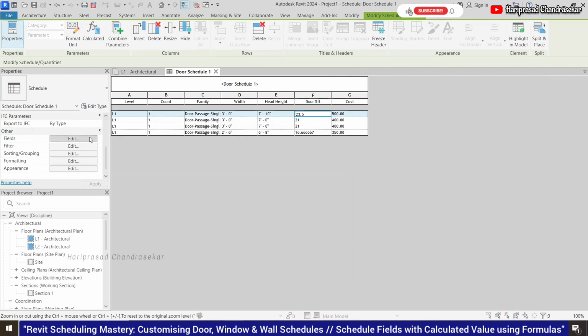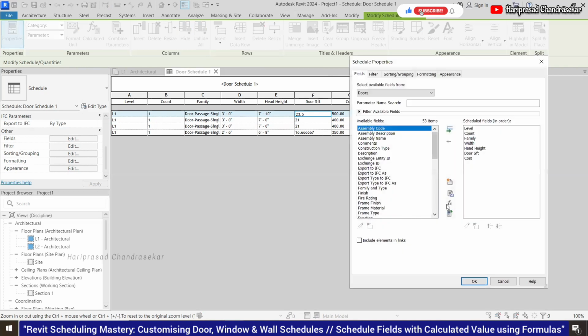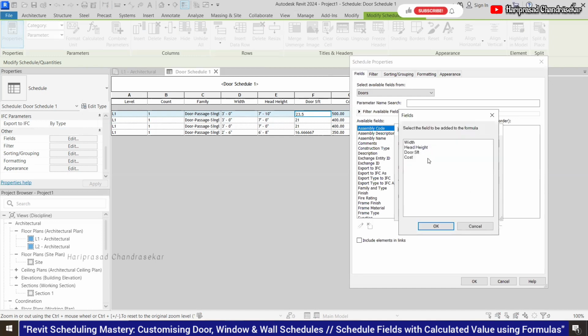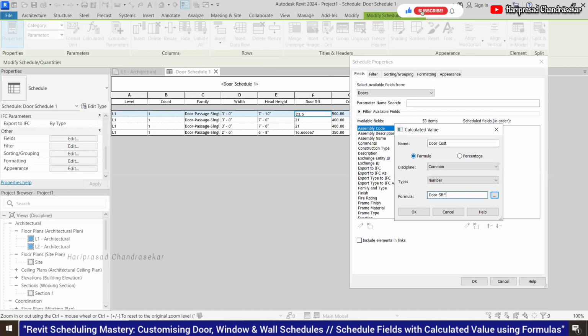Otherwise, another way, you can again create a cost, door cost, and equal to what I was taking, door SFT into the material cost.